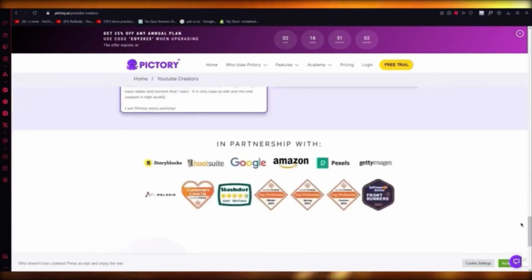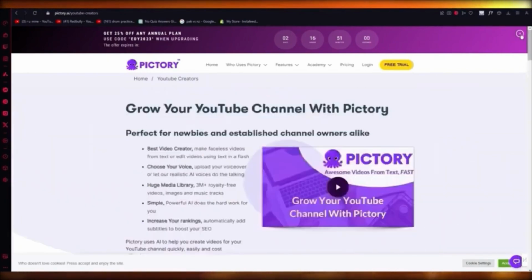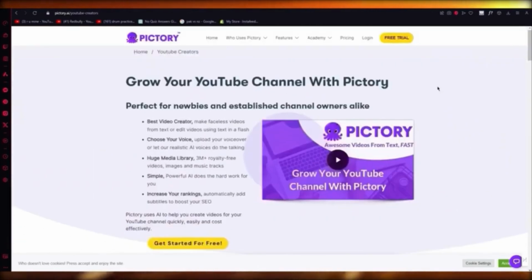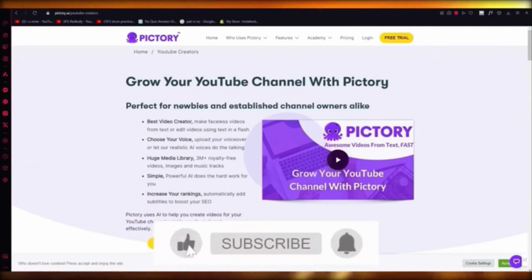So it's really fun to use this, and it's really fun to get your head around these types of features for yourself. Okay. So that's the general idea of using Pictory, and that is how you can create videos on